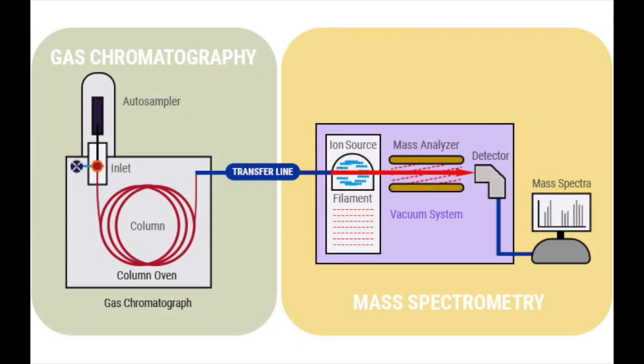Sorry, I'm just trying to think about the best way to describe this. Basically, we ionize them, and then we see how long it takes them to pass through a tube, and then you can figure out what their mass structure is. So this tells you what the molecule is.